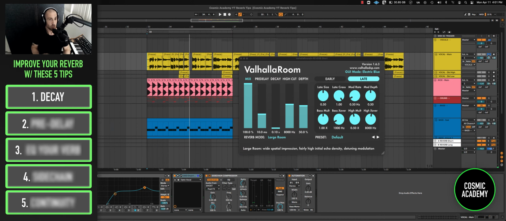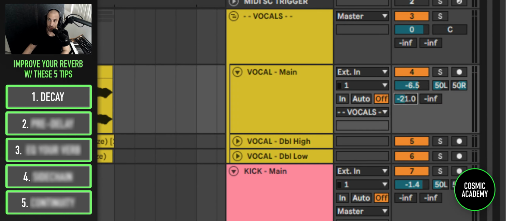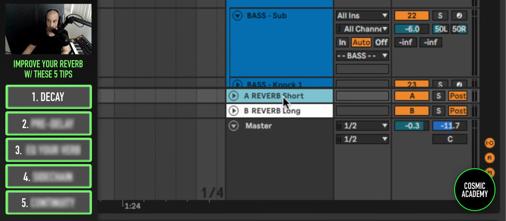So you see that the vocal's pretty consistent. That's constant, right? There's a lot of words, and if you think about then everything else that comes in when I unsolo this, drums, leads, all those other sounds are also filling space. So I need to find a decay time that's going to interact well with the vocal performance as well as the instruments playing behind. So what I'm going to do first is send full volume to this first return channel down here,